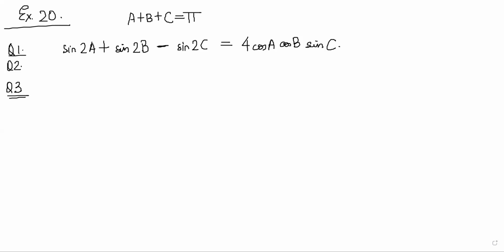Sir, you can expand sine 2a, sine 2b, and sine 2c. So sine 2a will become 2 sine a cos a. That won't help, dude. Just do this. Why don't you use this formula all the time? You can do it this way also, right? Are you getting the proof? Proof is over. One second, I'm not done fully. Then don't ask. Then finish it off. You don't need to convince me that you can do it this way. Either do it completely. If you got it, great. If you didn't get it, use this.